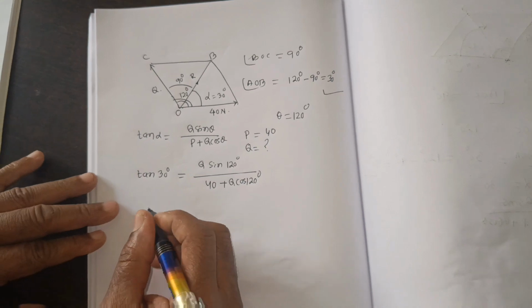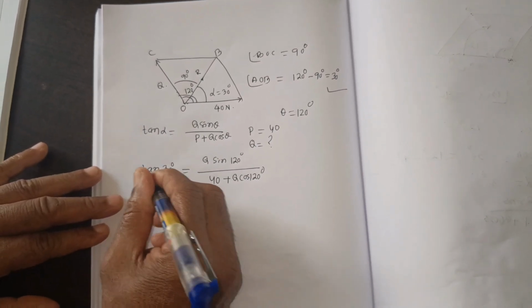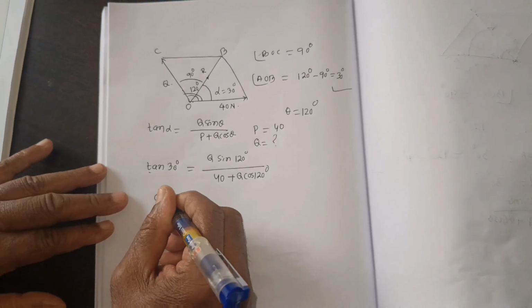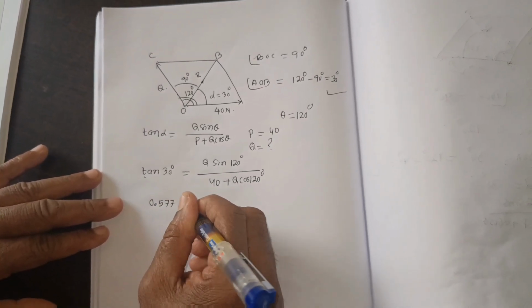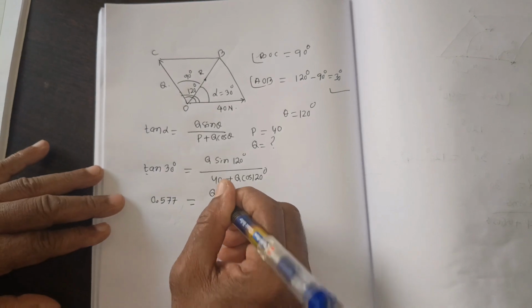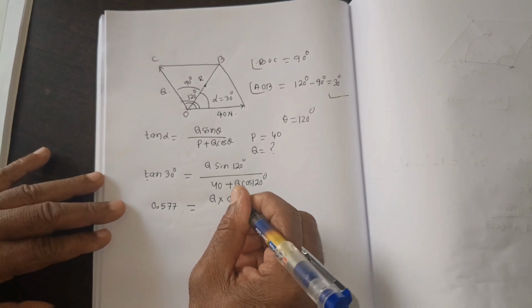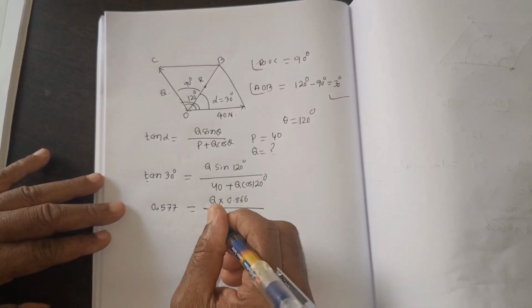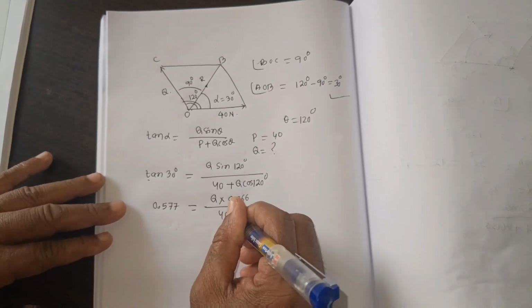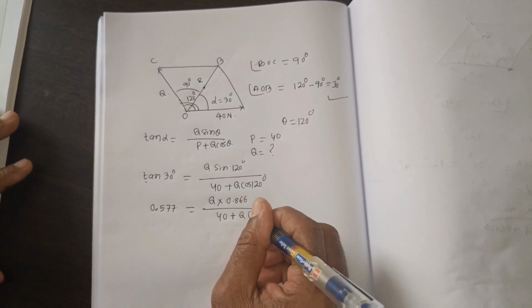Putting all the values, tan 30 is 0.577, which is equal to Q into the value of sin 120, 0.866, divided by 40 plus Q